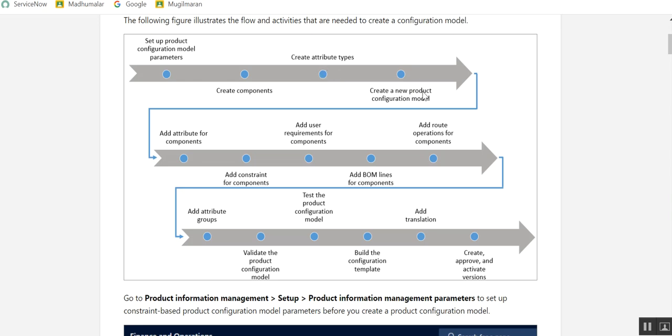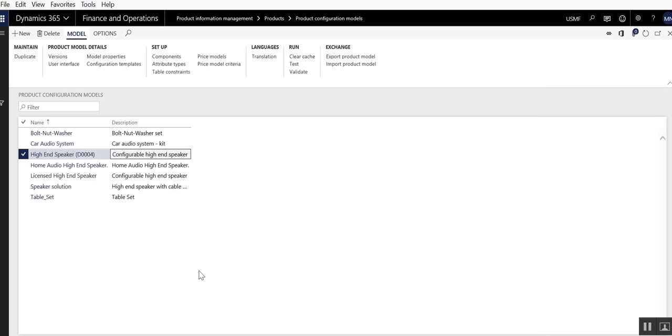So all of this is going to be an attribute type, and then the product configuration model, whether it is furniture or nut and bolt or whatever it could be. There are so many different options, and stage by stage you can completely build a product configurator. I will quickly show you the overall process. Here there are many product configurators already predefined. Let me go to one product configurator, which is the high-end speaker. When I click this one,